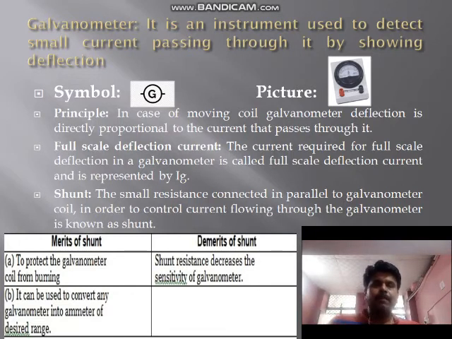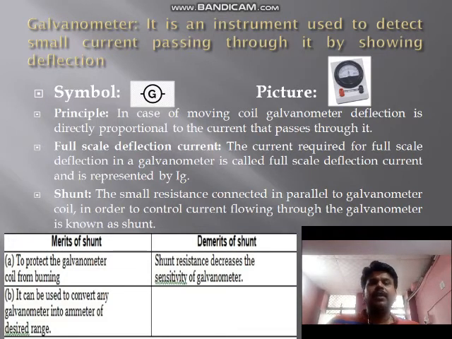The principle on which the galvanometer is based is that the deflection of the galvanometer is directly proportional to the intensity of current passing through it. Full scale deflection galvanometer means the current value at which the deflection of the galvanometer is full scale. In the galvanometer we use a small resistance known as shunt, which is connected in parallel with the galvanometer